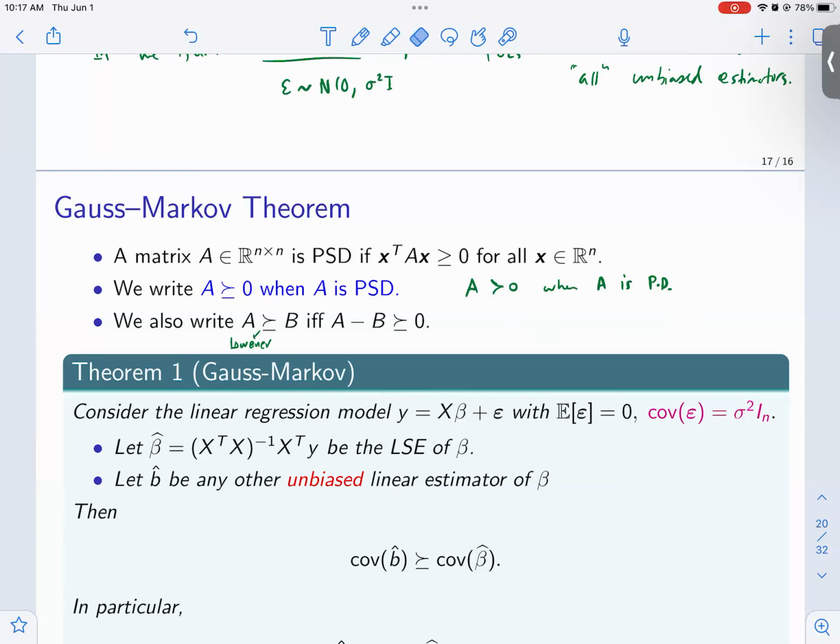But just sticking with one direction is easier to think about. You can always flip the direction of the inequality by just